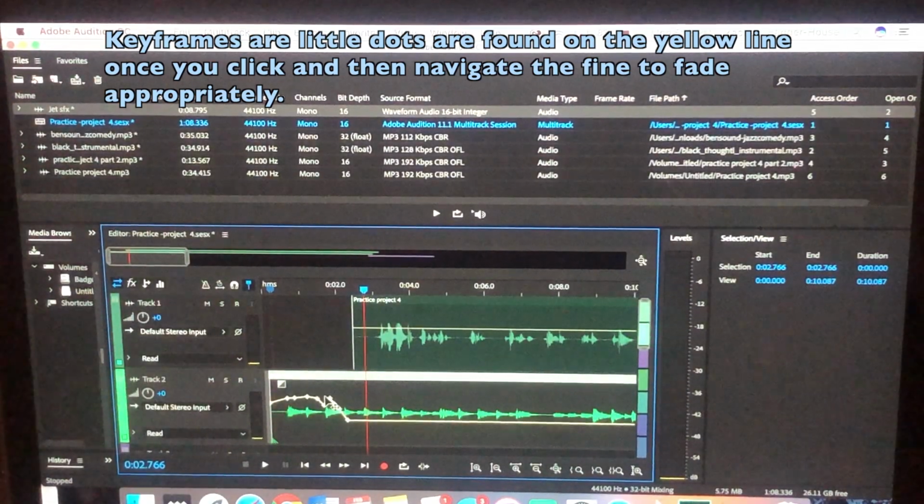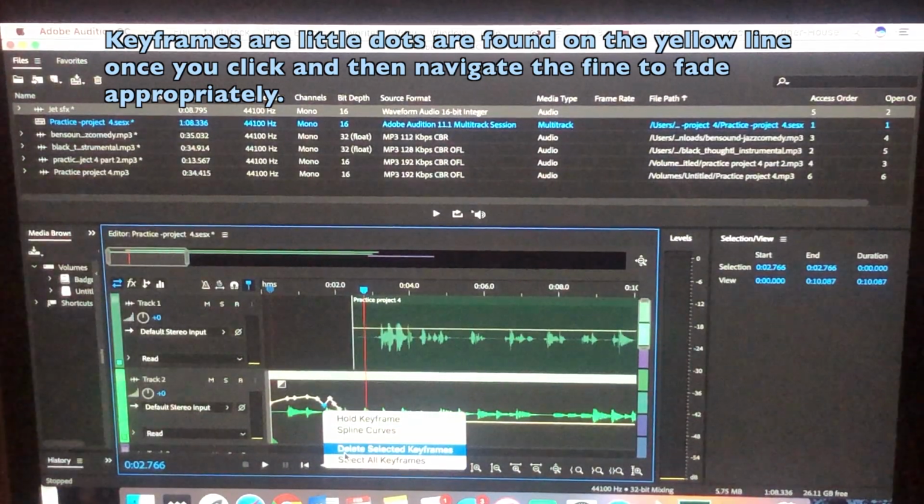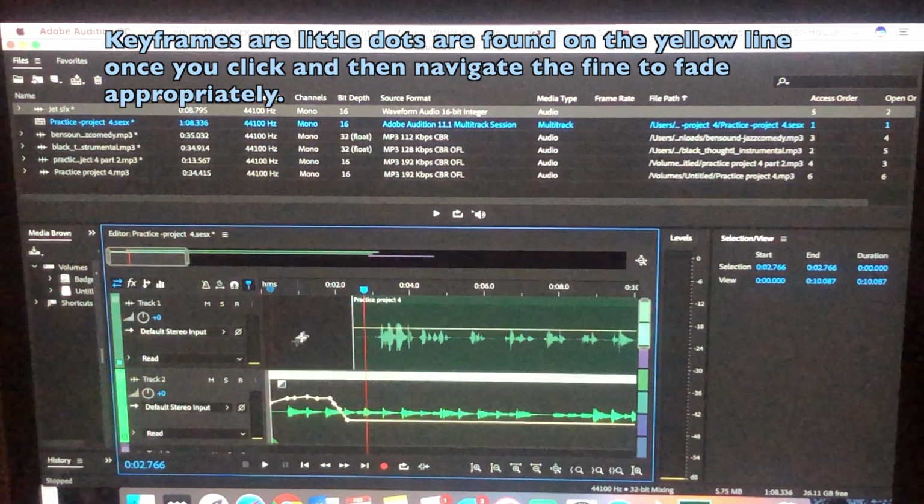Now, if you feel you have too many keyframes, you can simply right-click, delete the selected keyframe. And so,